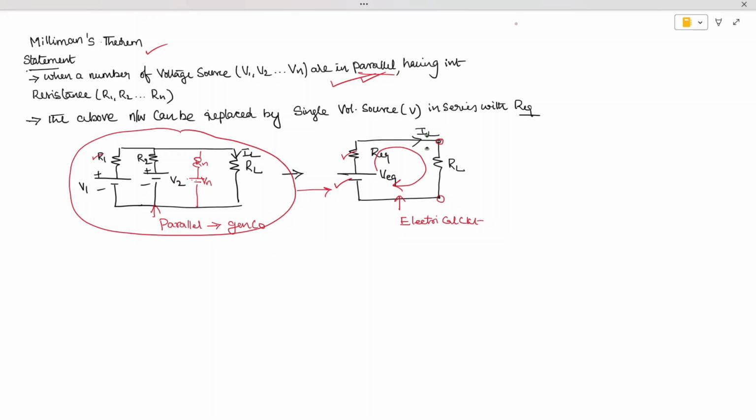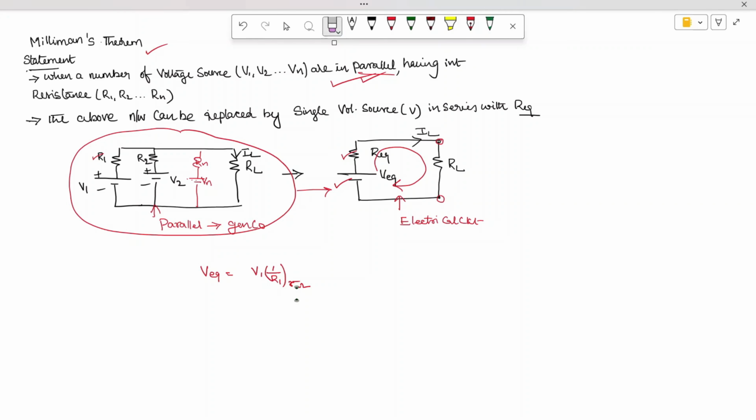Now let's try to find out the formula for V equivalent. We want the voltage. V equivalent is equal to V1 into 1 by R1. The unit of R1 is ohms, so 1 by R1, the inverse of R1, is nothing but conductance, and its unit is mhos. Then plus the second generator divided by